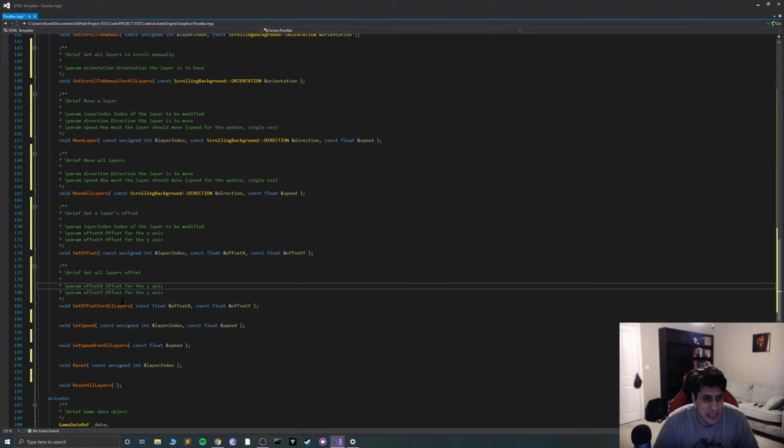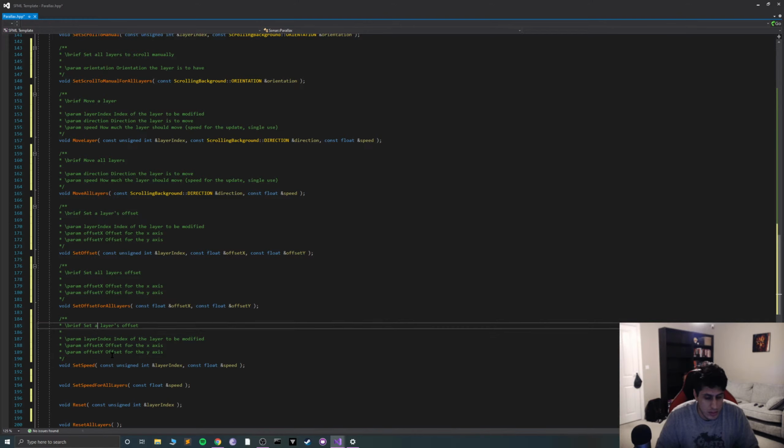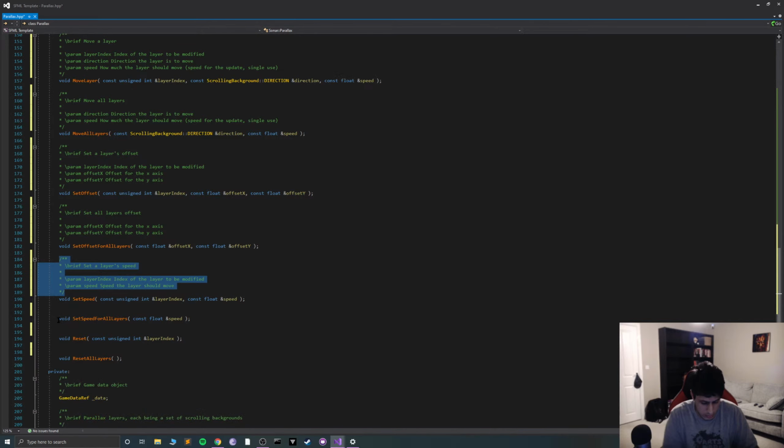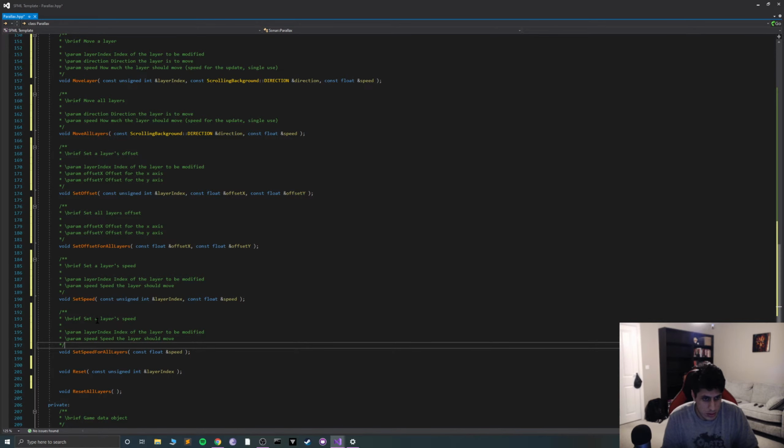Set speed. Okay, let's get this done now. Set the layers. The layer should move, and if we copy that and just do set